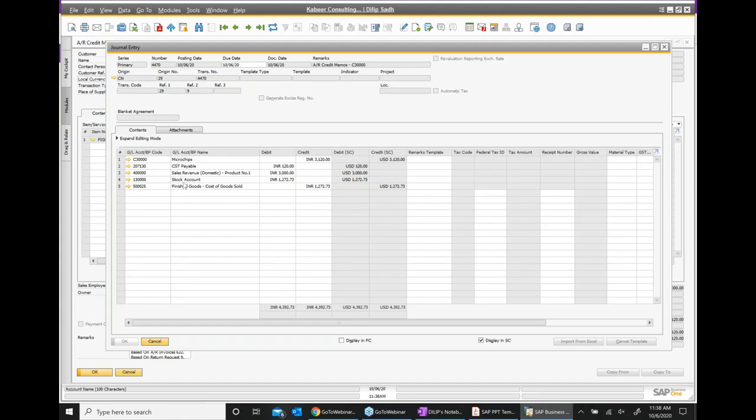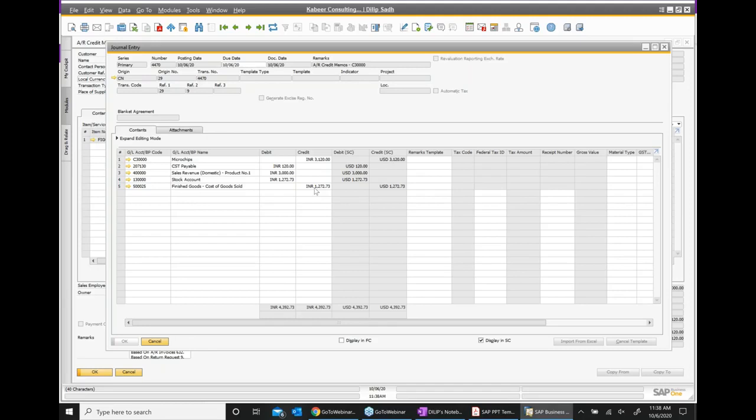Then we have two more entries: stock account debited because it came back, and finished goods account credited. So at the time of the credit memo, it actually reverses both general entries.